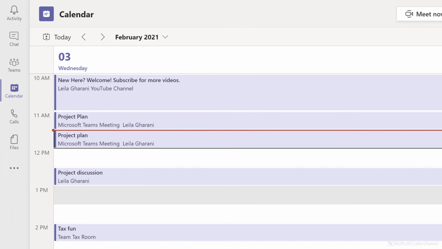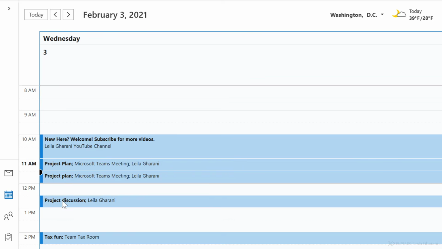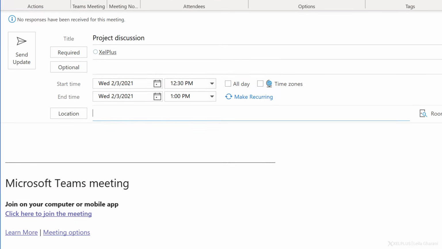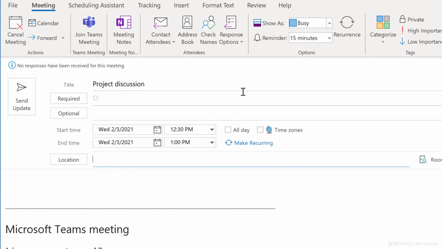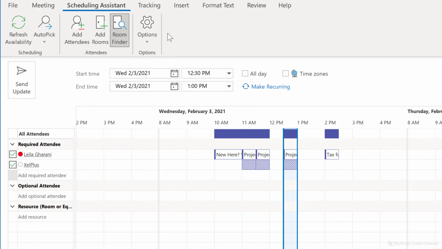And let me show you my Outlook on the desktop just so that we can see everything is synced from this view as well. So now when I go to this meeting that I created in Teams, I can see the link here and any other information that might be in here. Now, don't forget, whenever you're creating meetings in Outlook, you also have a scheduling assistant available. Just go to this tab here and check the availability of others. So that's how you can successfully schedule your Teams meetings.